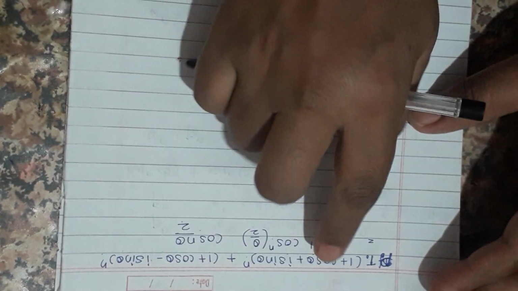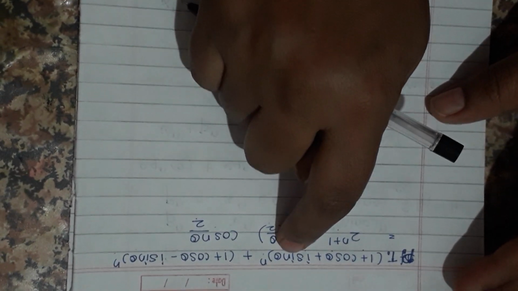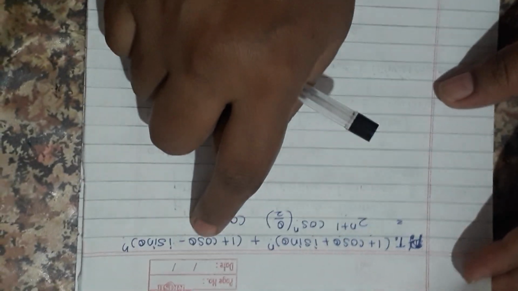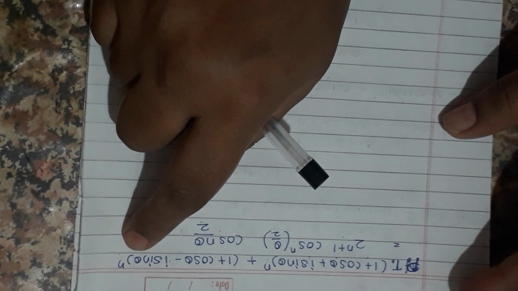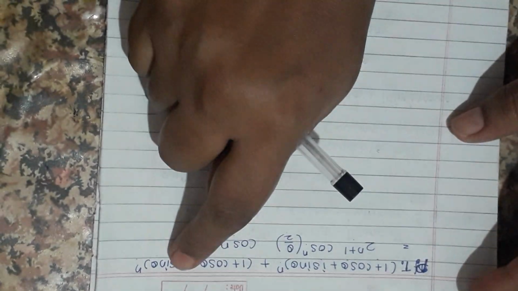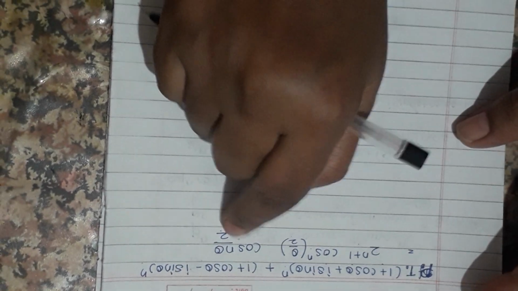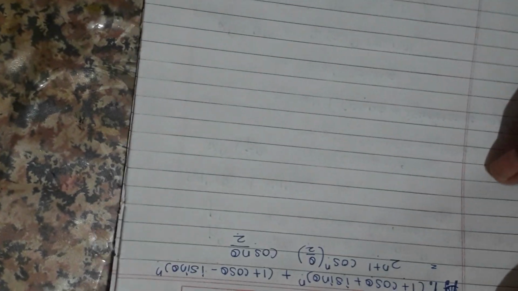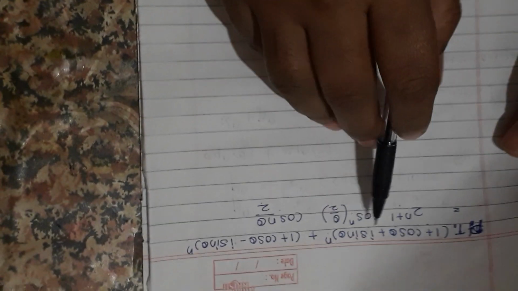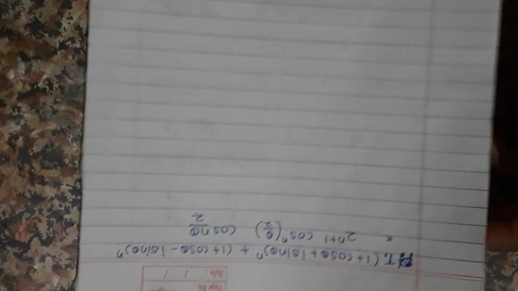Here if you see the two terms, again they are in the form of complex numbers, with 1 plus cos theta as x and sin theta as y. So again it is in the form of x plus iy, and the second term is in the form of x minus iy, raised to n, here also raised to n. Again you have to apply the polar form to both the terms and you have to get the result. Do it as homework. If you have a query, then you can tell me that query, I will solve that problem.